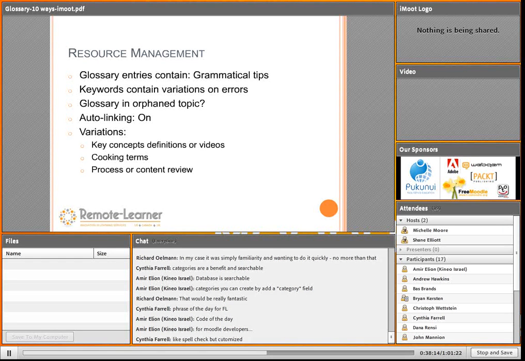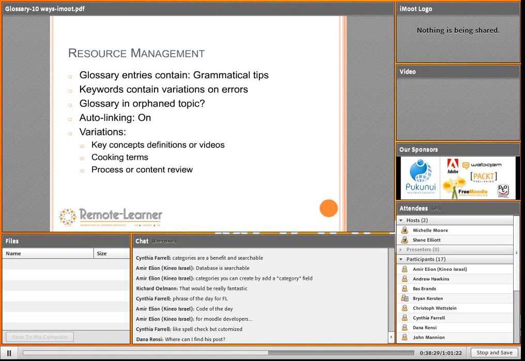I encourage you on this one to read his forum post because he explains it really nicely. Hopefully I can do a better job of explaining these other examples. But so yeah, think about it in an orphan topic. Depends on what's in that glossary. And your auto linking must be on for this to work. And you've got to make sure that you're linking those keywords. Here's another example. Thinking about